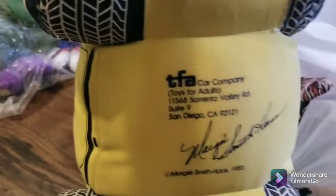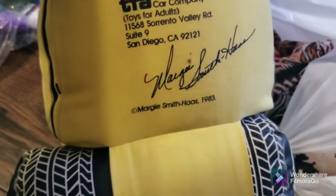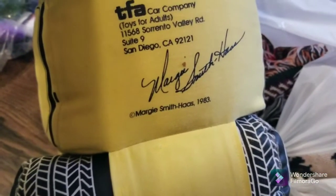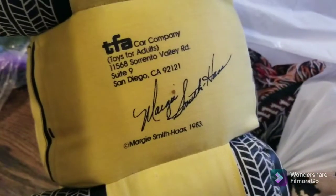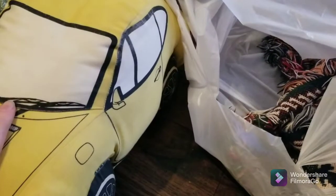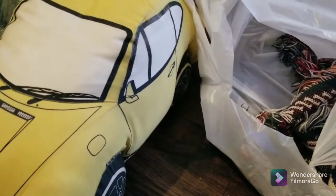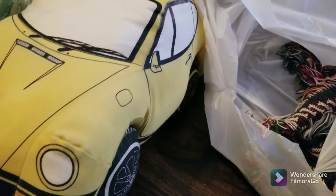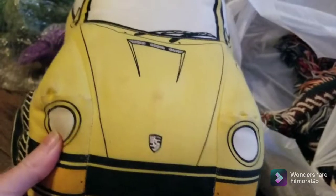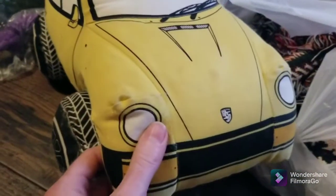This car plush, it's not from Cars, it's just a car plush from TFA Car Company, Margie Smith Haas, 1983. When I looked at the sold comps, this was the only one that sold. It was the yellow version of this, and it sold for, I'm not sure. Can't give you a price because it said $89, best offer accepted. So my guess would be, and I used Worth Point for this a little bit, this thing's worth around $40